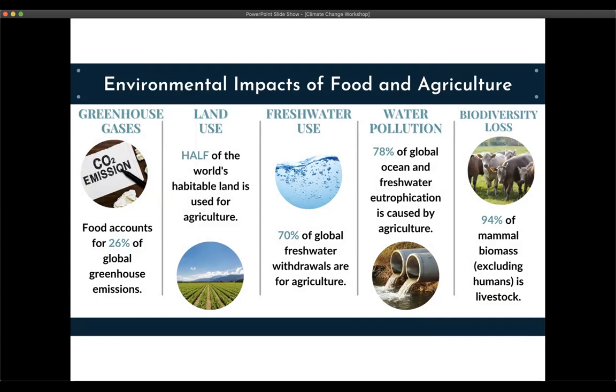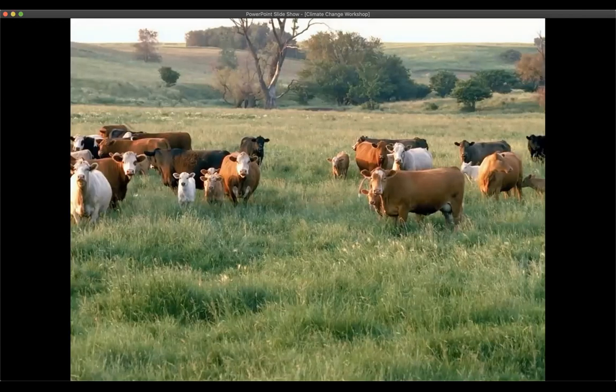We also want to keep in context exactly how it fits, as well as what we're doing to improve that. Okay, so there's greenhouse gases, we use land, we use fresh water, some water is polluted, some biodiversity is lost. These are all different impacts of our agricultural system and what it takes to produce food for a growing population. Okay, so within the topic of climate change, one big topic is that of cattle and climate change.